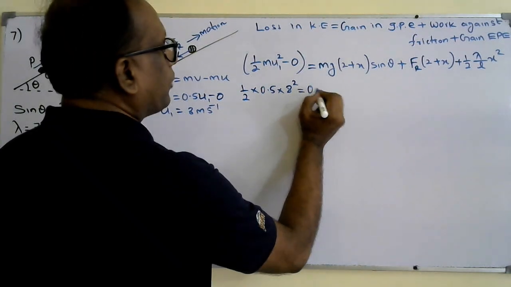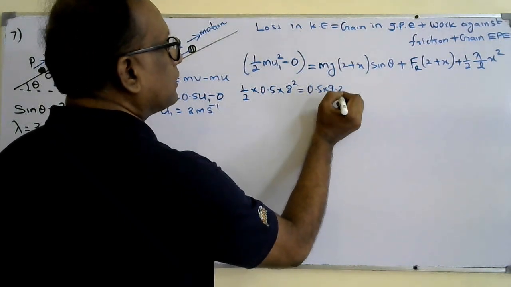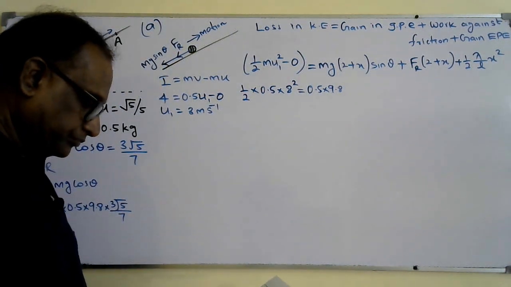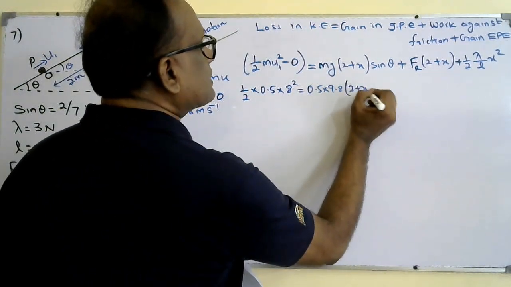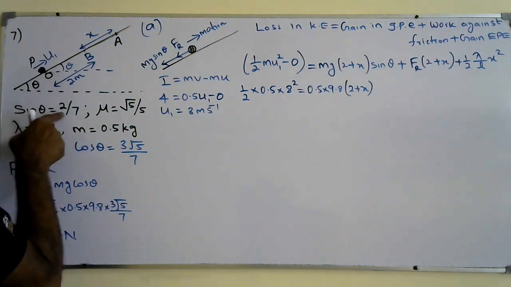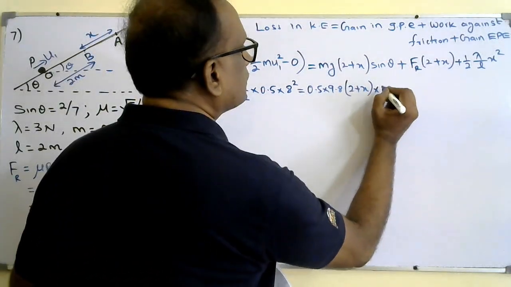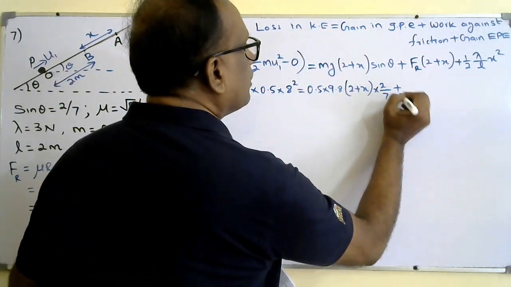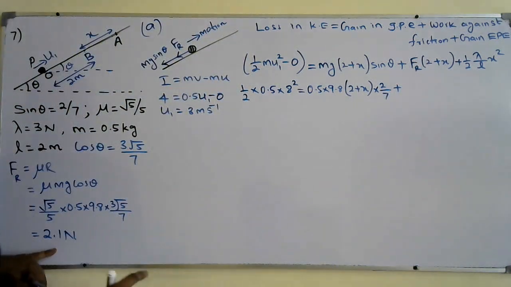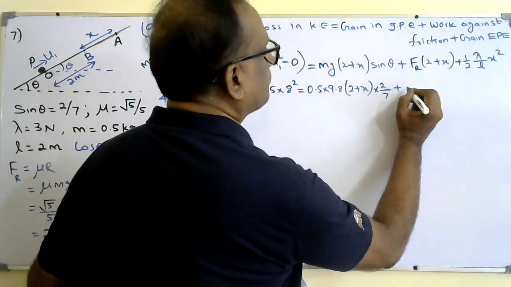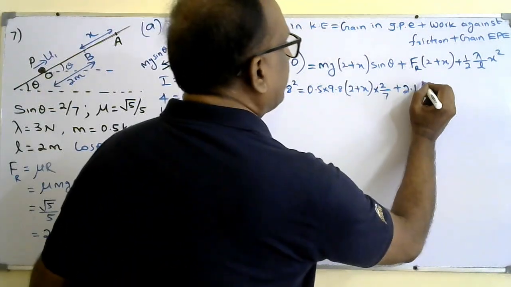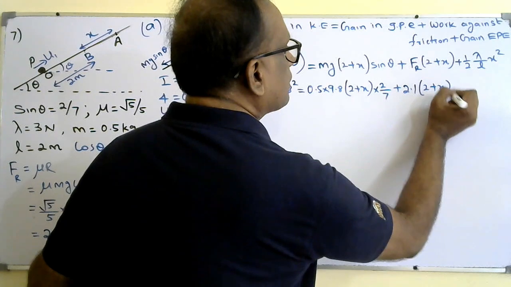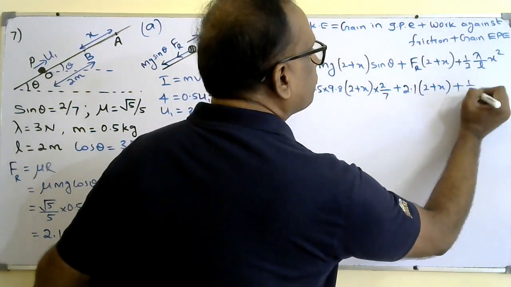Mass again 0.5, 9.8 into 2 plus x sine theta, 2 by 7, plus friction, we found it 2.1. That's easy, otherwise finding here is a bit complicated. So that's the reason I found separately. 2.1 into 2 plus x plus half